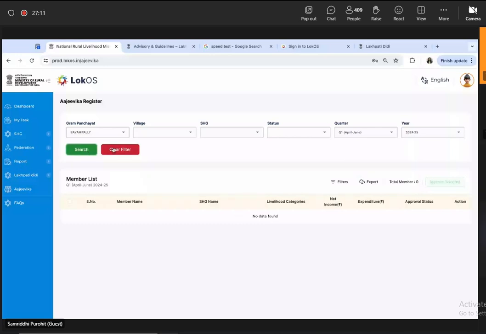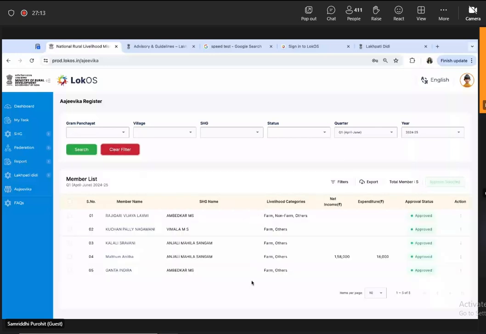In case BPM wants to search and download this to take a snapshot or a report of the entries and their statuses, they can click on export and an Excel would be downloaded here. Apart from this, yeah, there is an option of bulk selection, which can be selected from this checkbox.